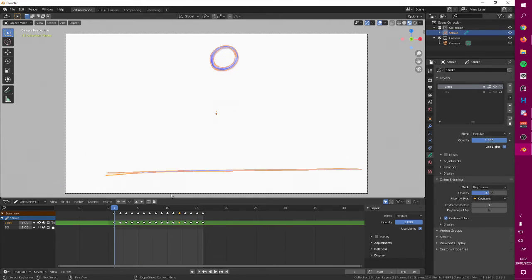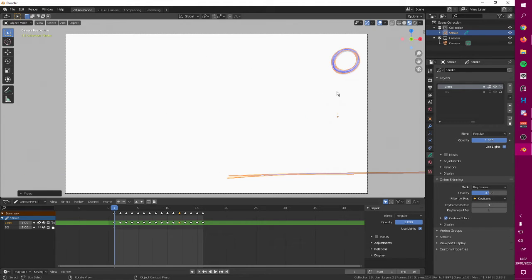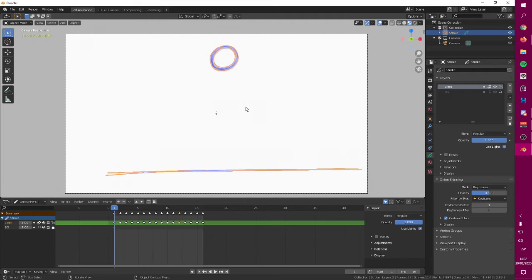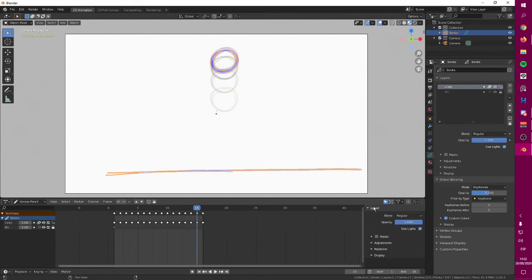Let's say you want to animate this moving from here to here, but still be animated. You want to do the following thing.